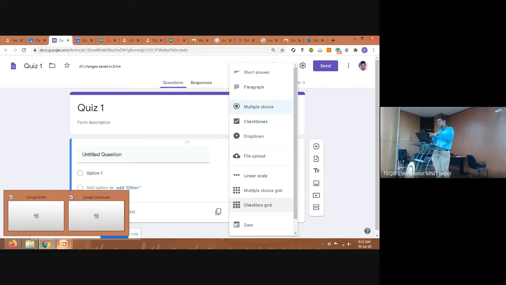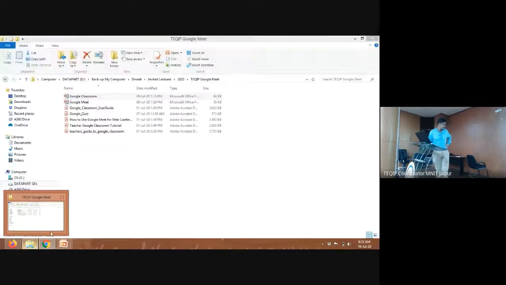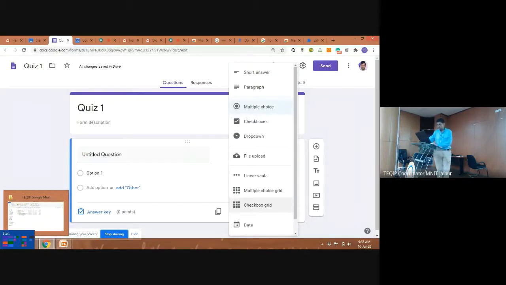For that you can create a Google form, and they can upload it. Whatever is uploaded, again one folder will be created in the Google Drive, and all uploaded files will be shown in that folder. So there are different options.